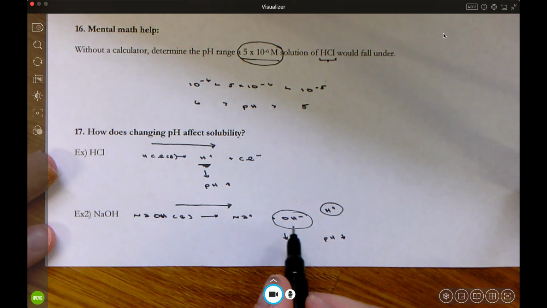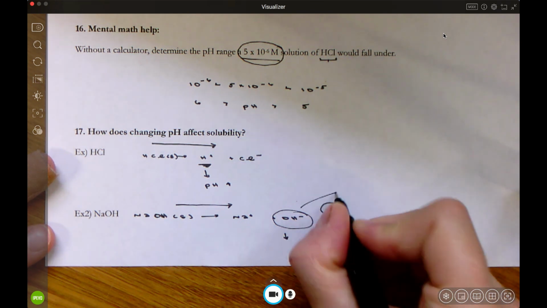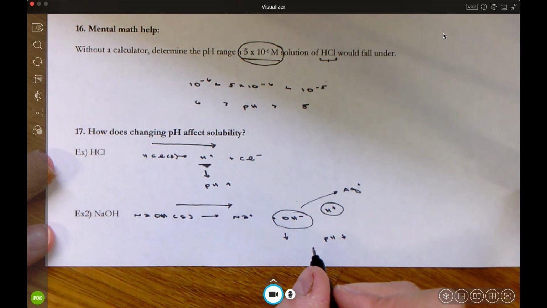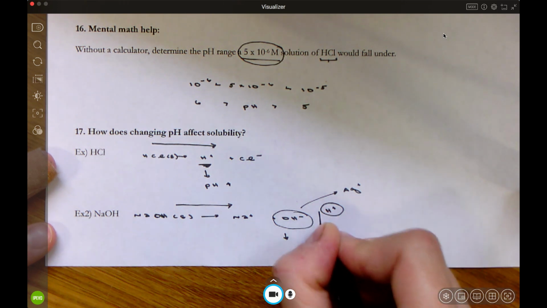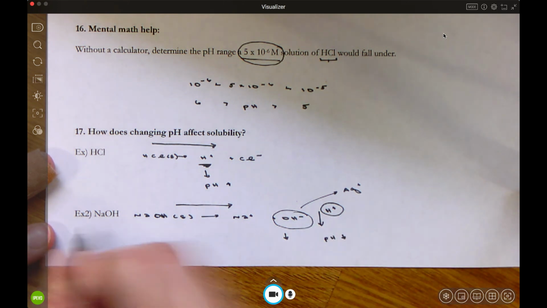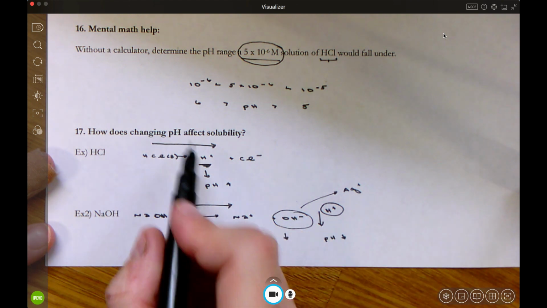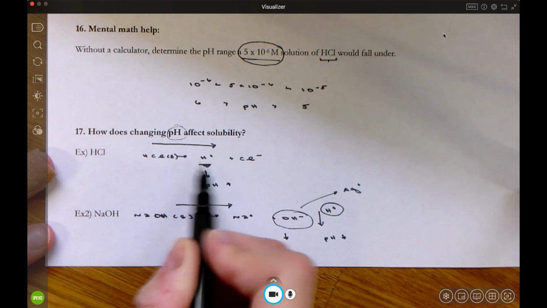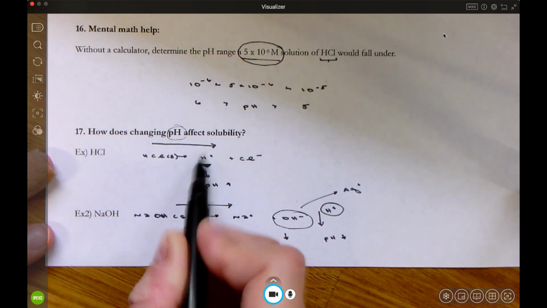The other thing for OH minus that I could do is I could actually add an ion, like for example, silver, that could form a precipitate with it. By adding a precipitate, I decrease the concentration of hydroxide, causing a shift to the right. So keep in mind, how would changing pH affect it? Well, if I have H plus and I want to decrease the concentration, by decreasing the concentration of H plus,